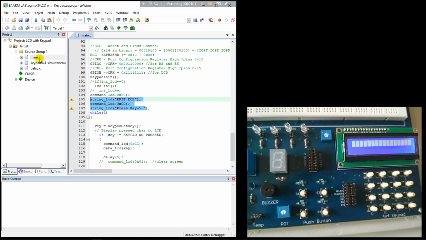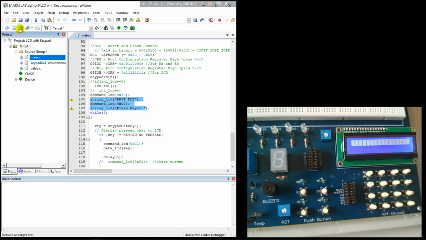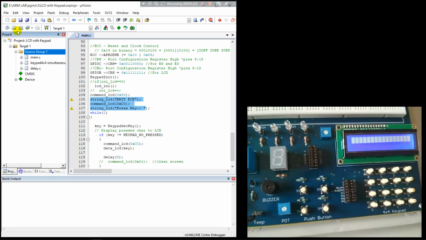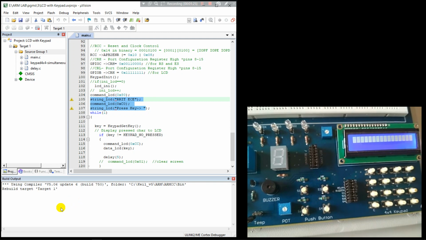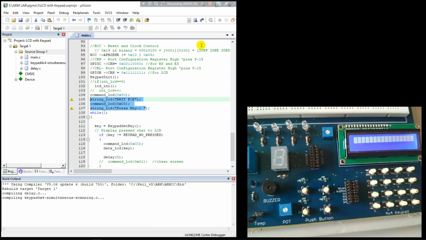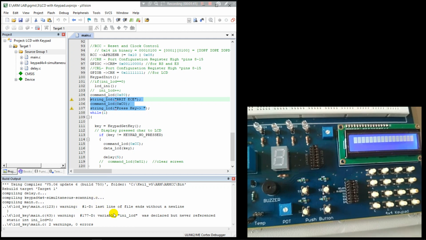First and foremost, we need to debug the code. So first we will debug the code. You can observe here, it is selecting the target. It takes some time. Okay, so no errors.